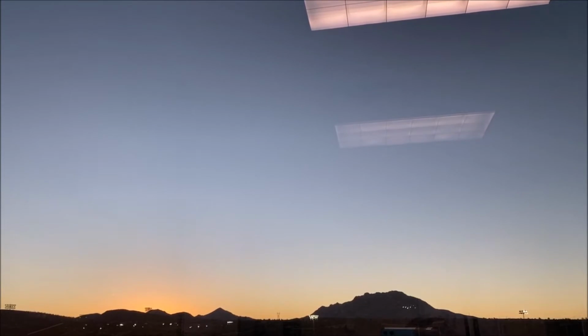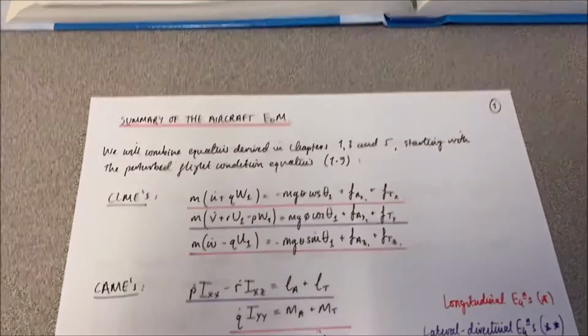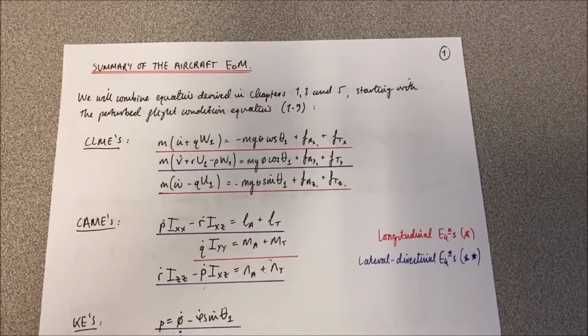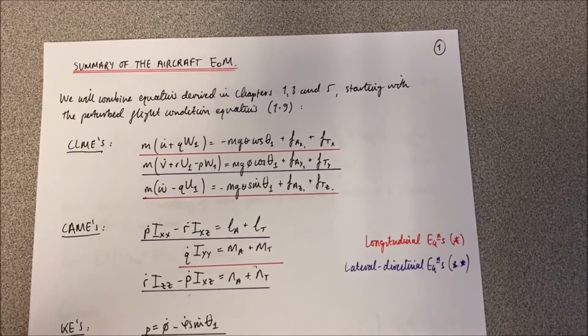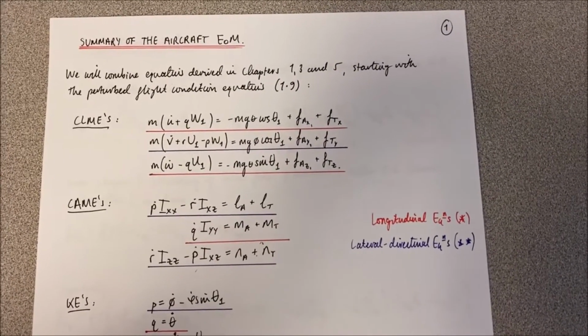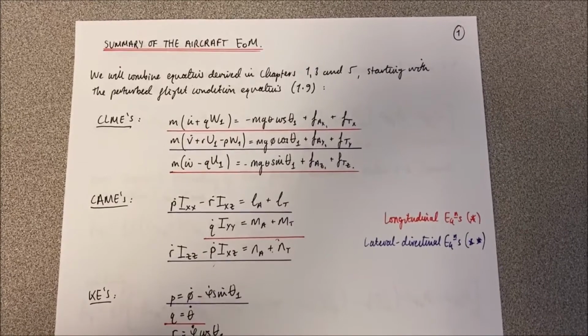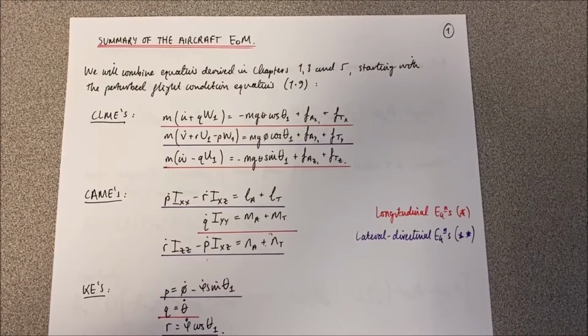Alright, so from up there to down in here, let's get started with a quick introduction to chapter 7. First thing we're going to do is go ahead and put all of our equations together from chapters 1, 3 and 5. And we're going to start here with what we derived in chapter 1 all the way back in